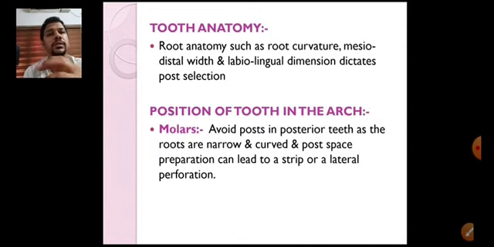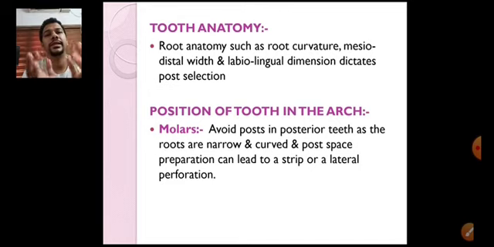Now coming to tooth anatomy. Whenever you get a tooth for post and core, it is compulsory to ask the patient to get an IOPA of that particular tooth. You should thoroughly examine the root anatomy, because if the roots are curved, or if the roots are shorter than you imagined, in such cases you won't be able to give post and core successfully. In such cases it's better to avoid post and core, because you cannot give a curved post and core.